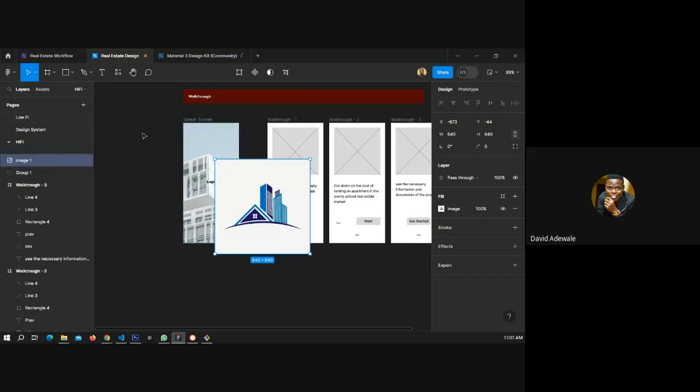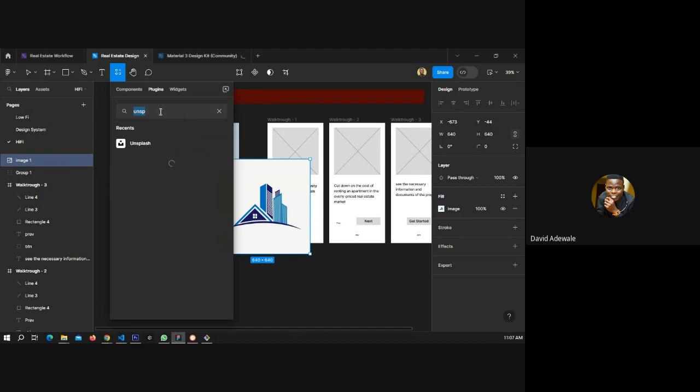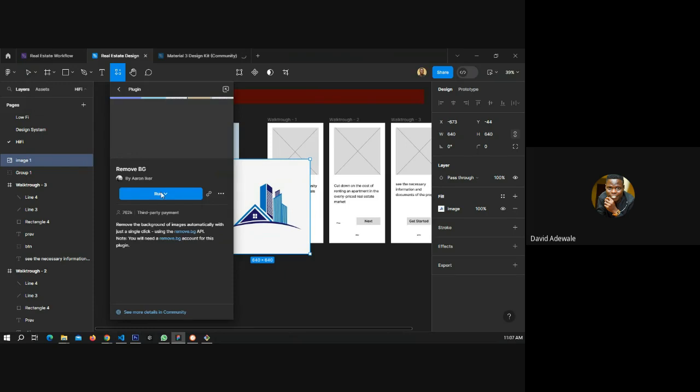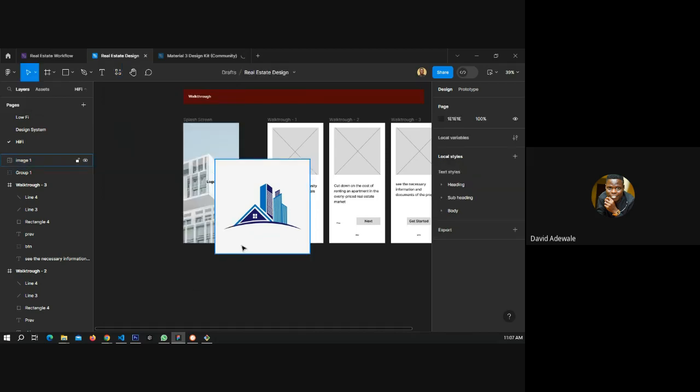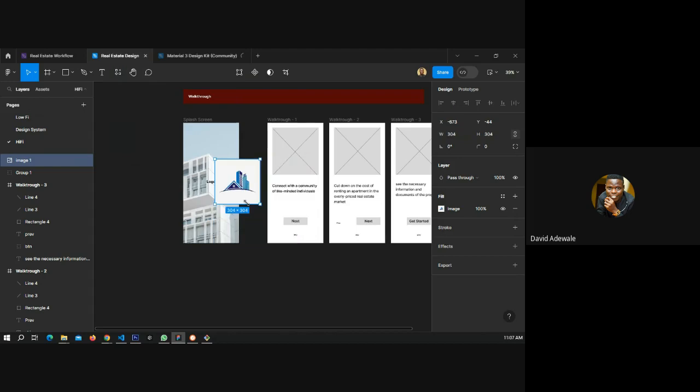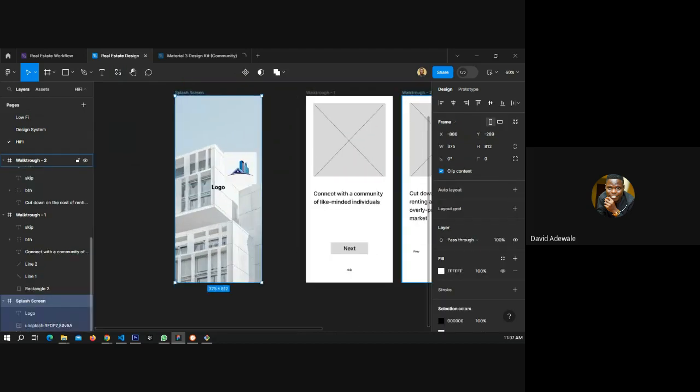Remove.bg. Where are you now? Remove BG. I will need to sign in again. I don't have time for this. Let me just bring it in like this. And then reduce,